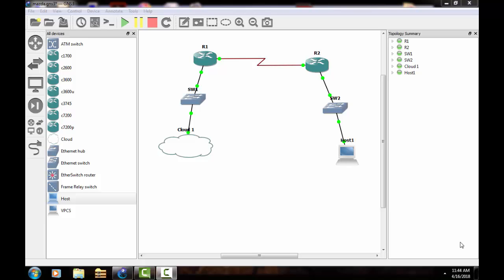So in the previous video tutorial, we talked about the startup and running configurations and how we can use pipe functions for these show commands. And we have already learned about IP addressing, the subnet mask, subnetting, and changing the host name and the passwords. But in this video tutorial,